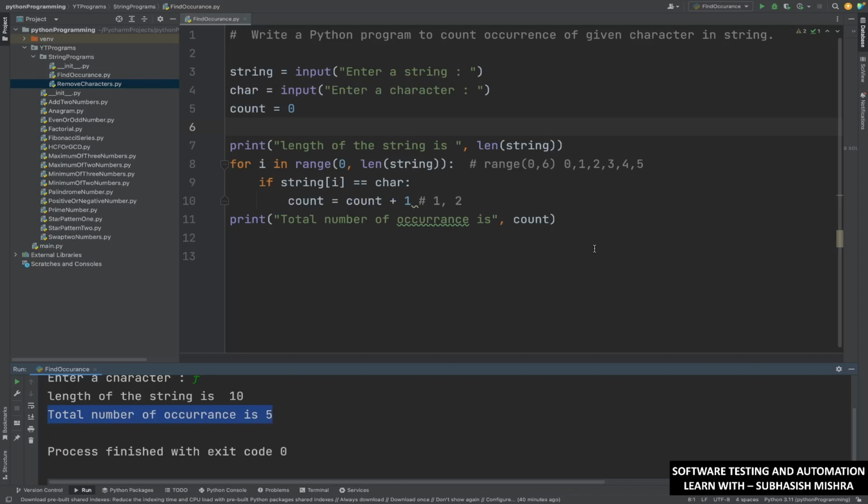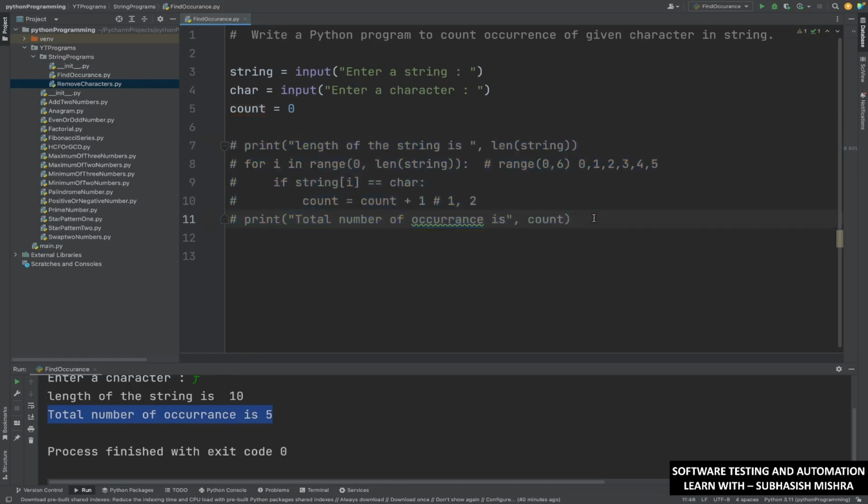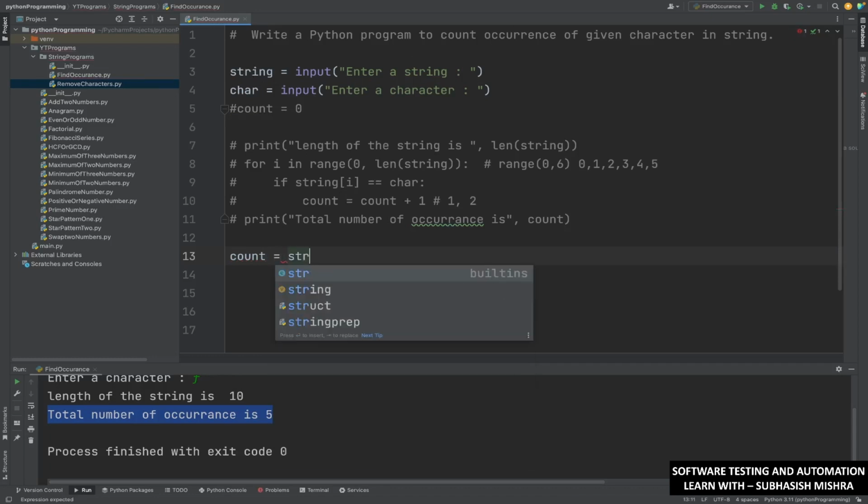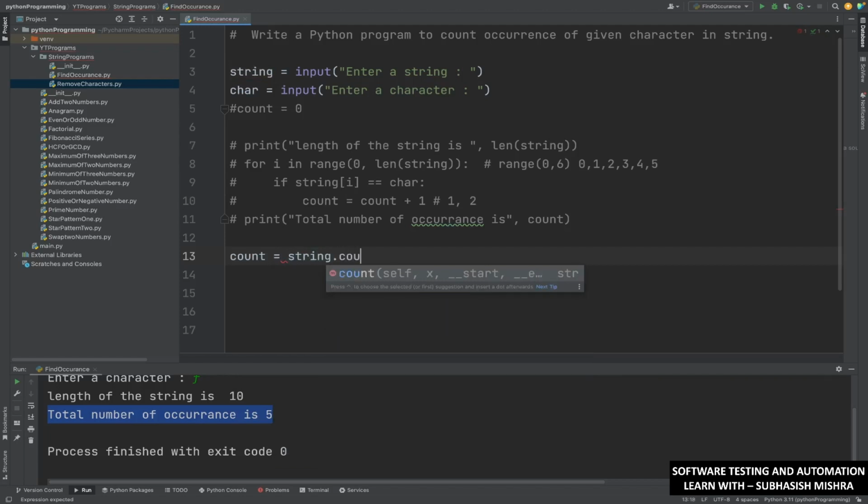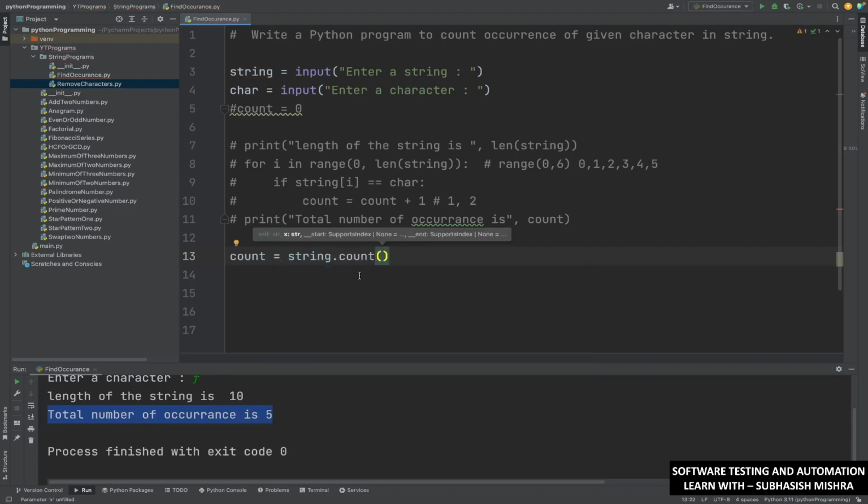One more easiest way I will tell you, okay. So for now let me just comment this out. Now what will we do? Very easy, you just need to find a count. You can comment this also. So what you will do? We will use one inbuilt Python function. Count is equal to, so we have one string, and on this string you can use the dot count function. Here, which particular character do you want to find? So here we want to find